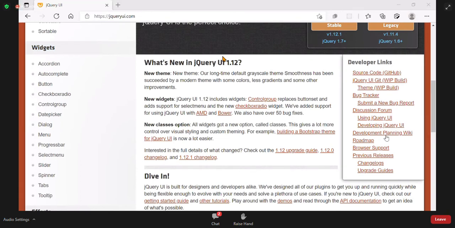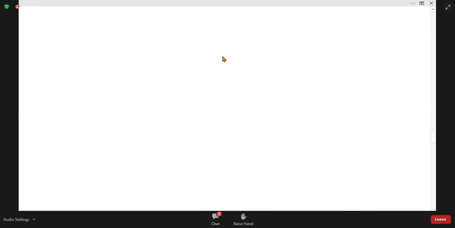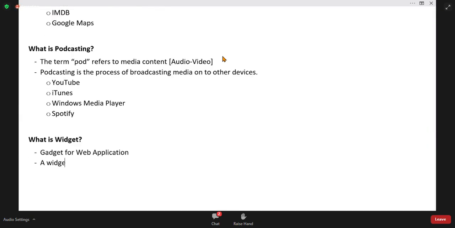Technically, these are all called gadgets. These are widgets actually. So a widget is a small application tool integrated into a web page.